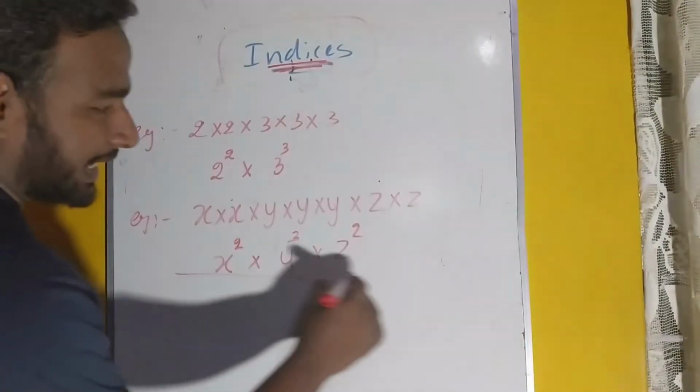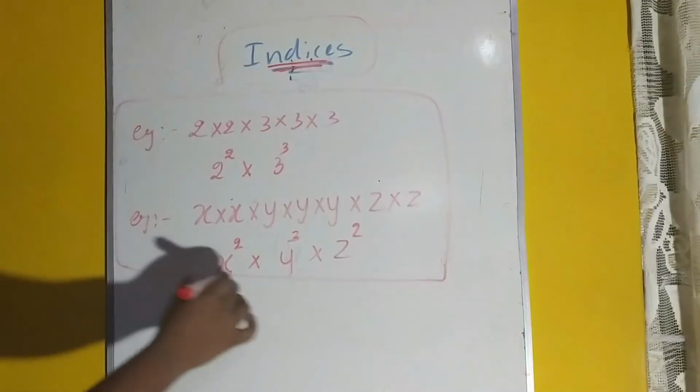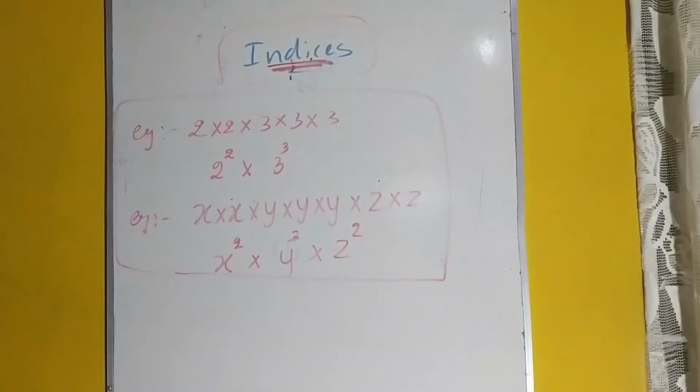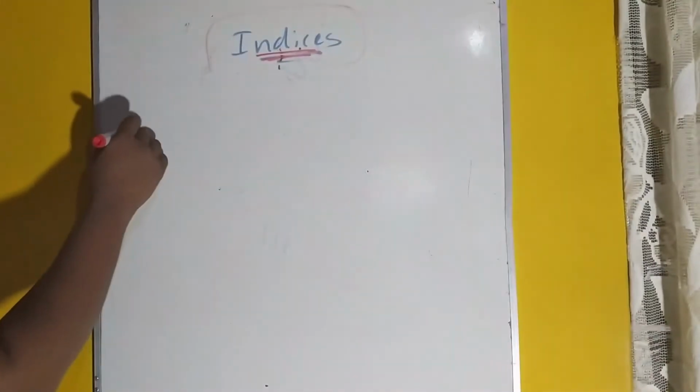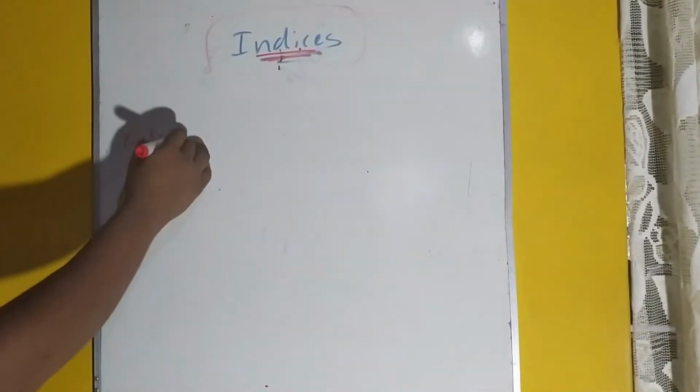So this is the next part of indices. This one we have studied in grade 7. This is the grade 7 part. Okay, so I am coming to grade 9 stuff now. In grade 9 you have some rules in indices. So the first rule is